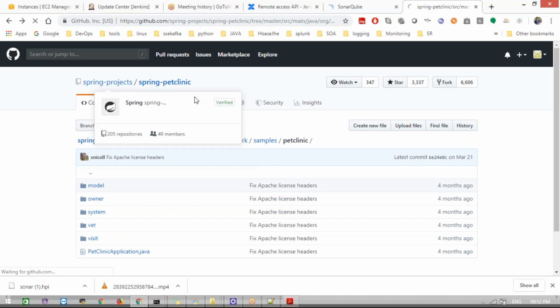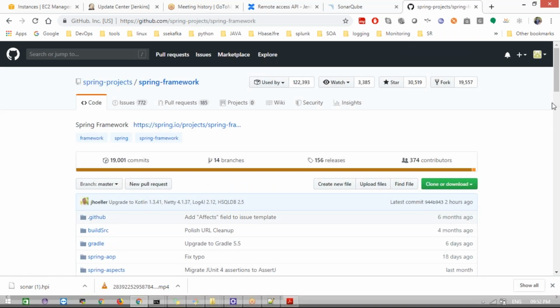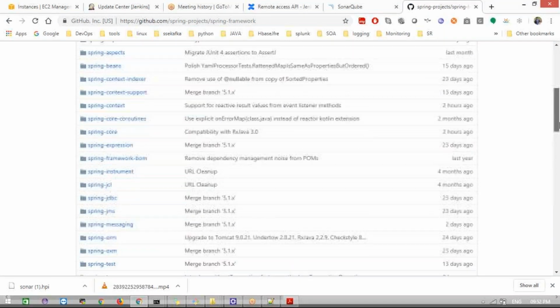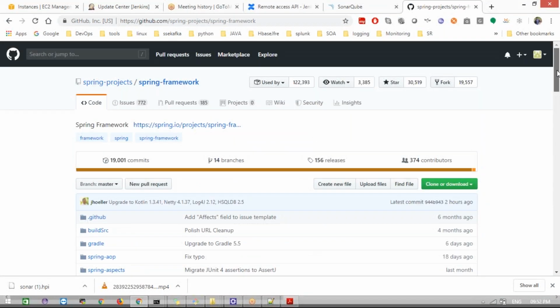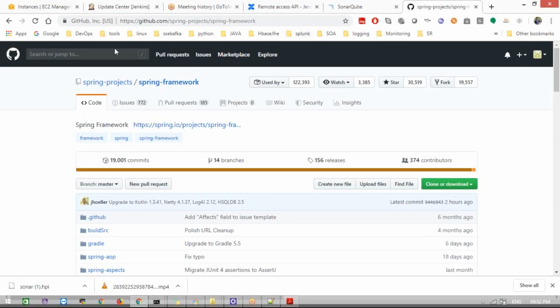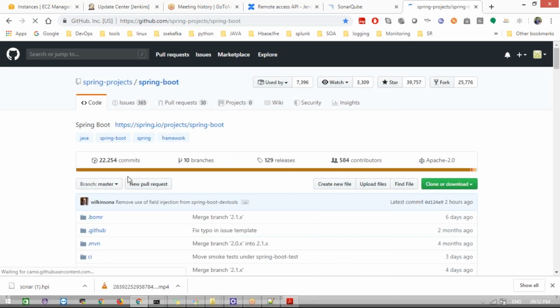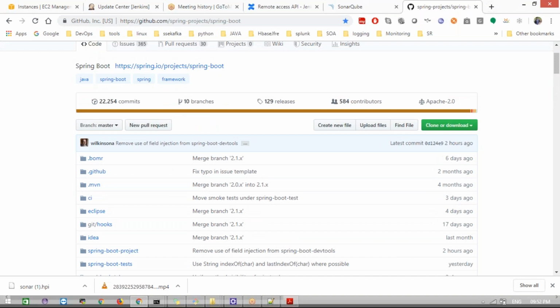There are a lot of projects under here. In Spring projects, there are a few projects he has written, actually the Spring framework. If you go to the Spring framework, there are a lot of projects. For those learning Spring as Java developers, it will be very useful. Let's leave that for Java developers. When I was a Java developer, I usually followed this kind of project. Spring Boot is the latest framework, and now in microservice architecture, they mostly use only the Spring Boot framework to implement microservices.